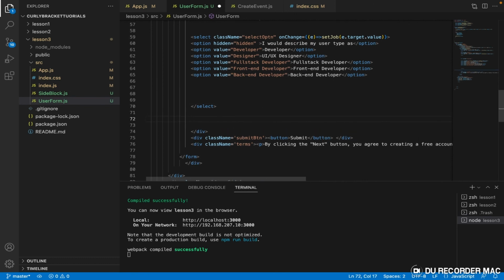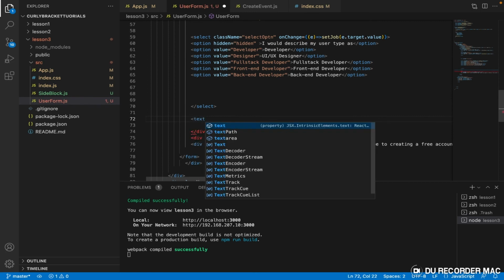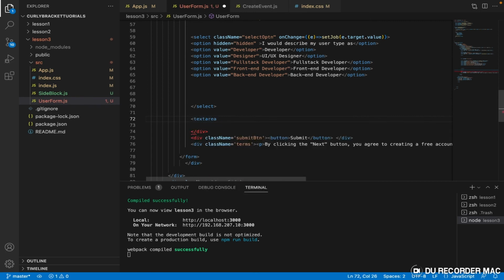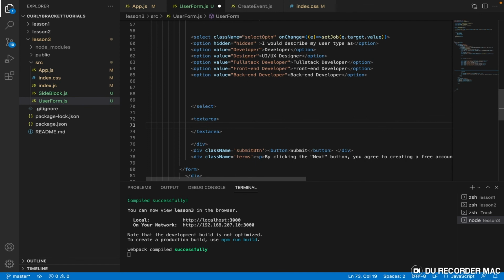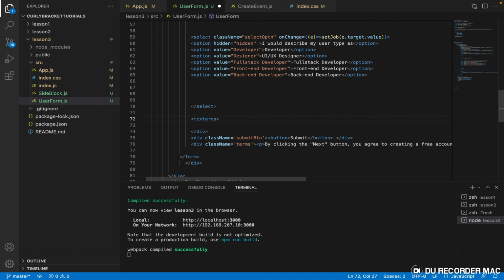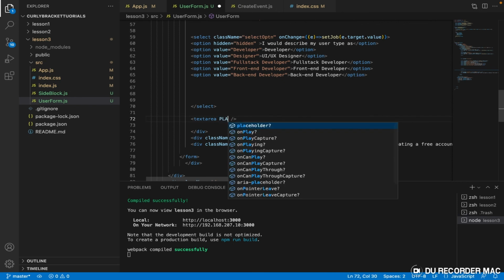You know, in HTML you put your text area like this, right? Then you write the content of the text area all here. Okay, but in React it's not that way, right? We put text area is self-closing just like the other guys. So, and then you can now put your placeholder,